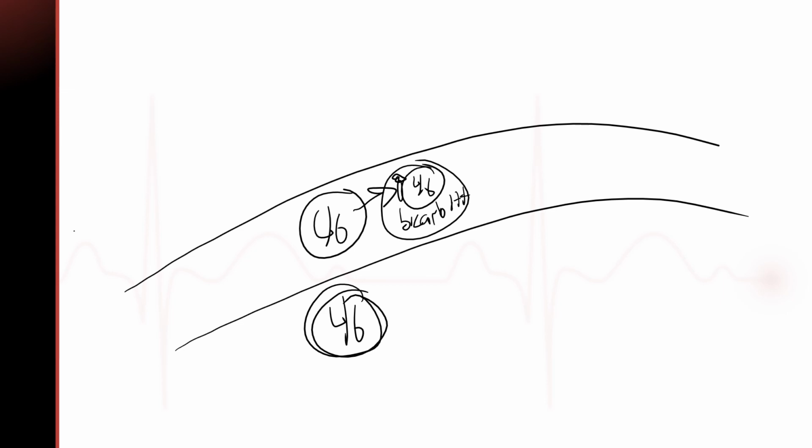The partial pressure of carbon dioxide within the blood plasma is 46, within the intracellular fluid of the red blood cells is 46, and very importantly, the vast majority of carbon dioxide that has been extracted from the interstitial fluid is actually being carried in the blood as bicarbonate and a hydrogen ion, or bicarbonates and hydrogen ions, they're plural. In this particular circumstance, there are other ways to do this, but in this circumstance, the only